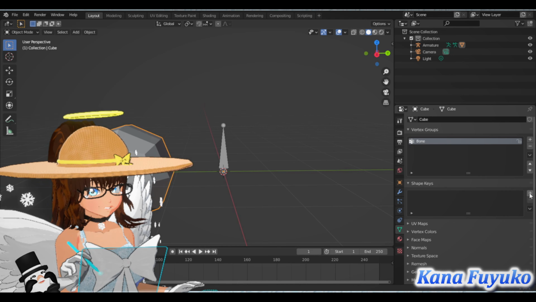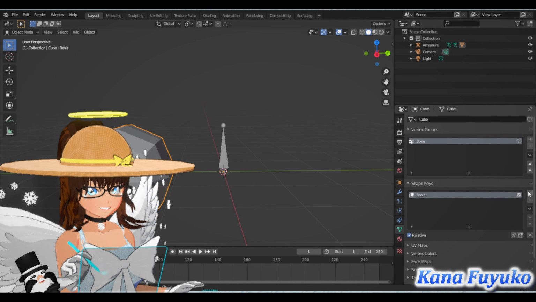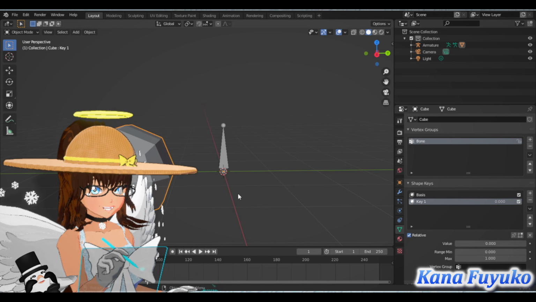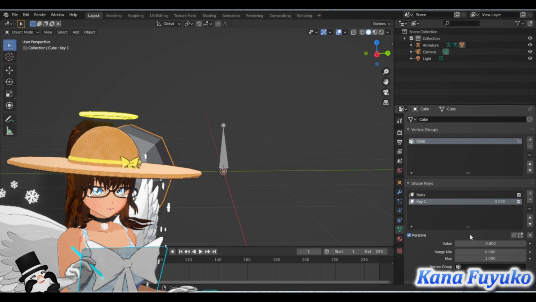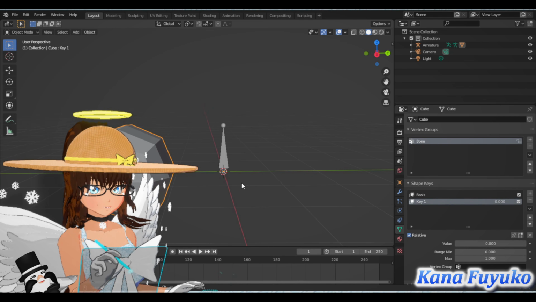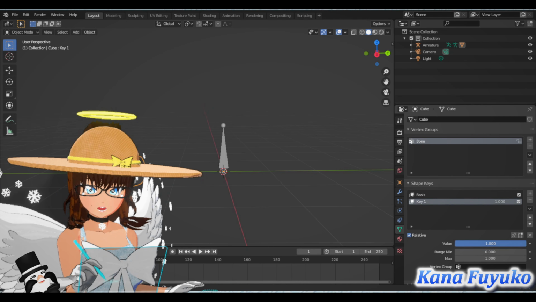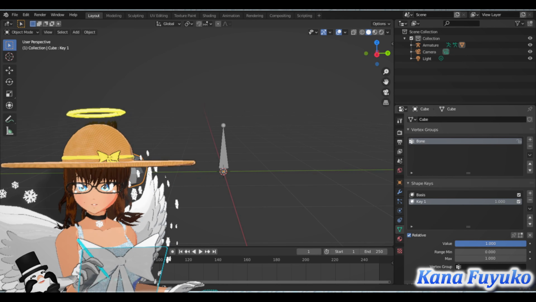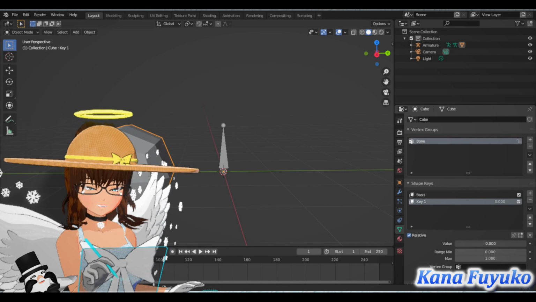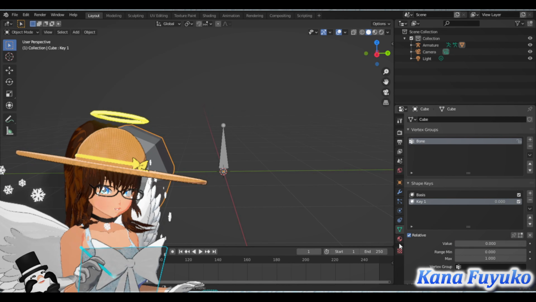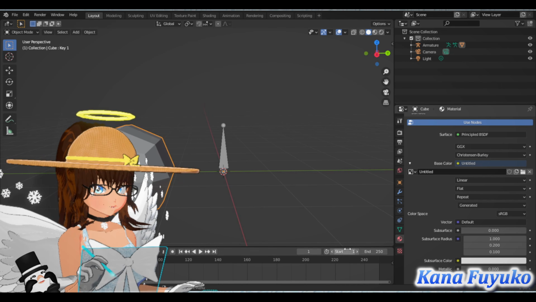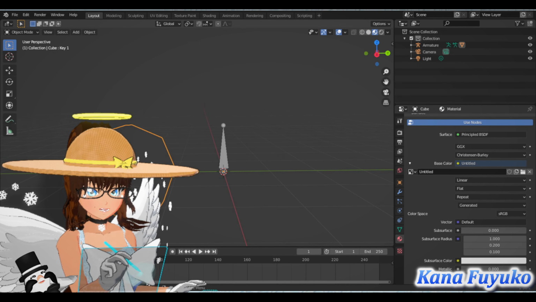You can also add shape keys as well. So I can click this, hit edit, scale the crud out of this, do your stuff, get out of edit mode, and just drag the value bar like this. That's literally it. It looks very funny. But yeah. And then you have the materials tab, which if you want to add a look, so if you go to material preview,